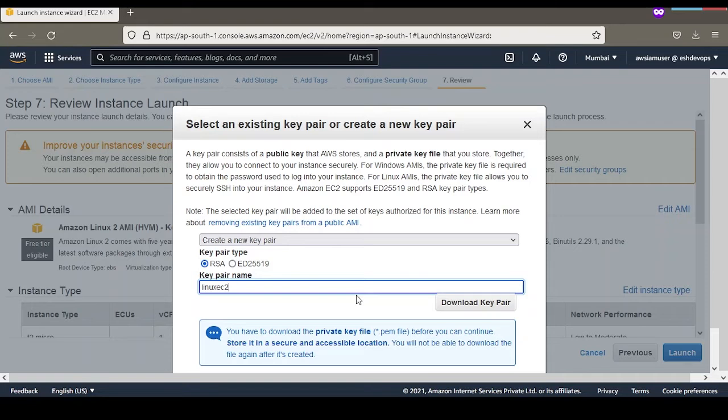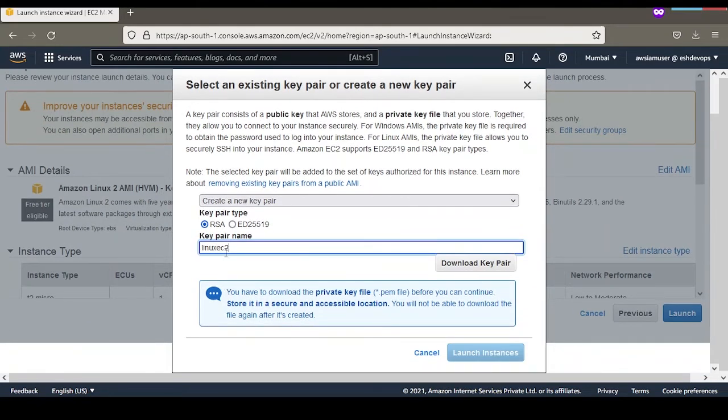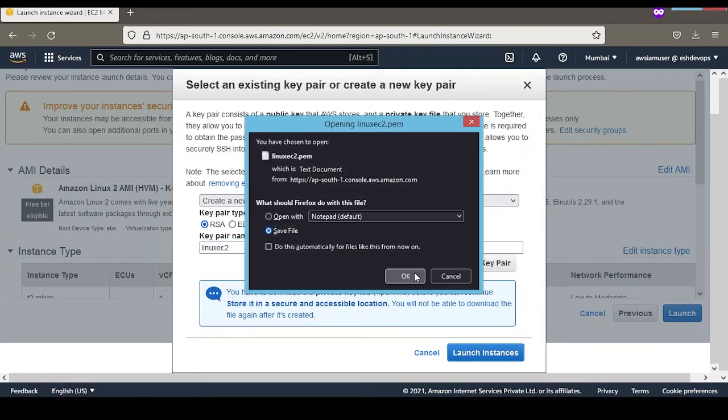Once you provide this private key at the time of connecting to the EC2 instance, AWS in the backend validates your key and tries to match your private key to the public key. Once the keys match, only then does AWS allow you to connect to the EC2 instance. So once you give the key pair name, you click on download key pair and save the key pair.